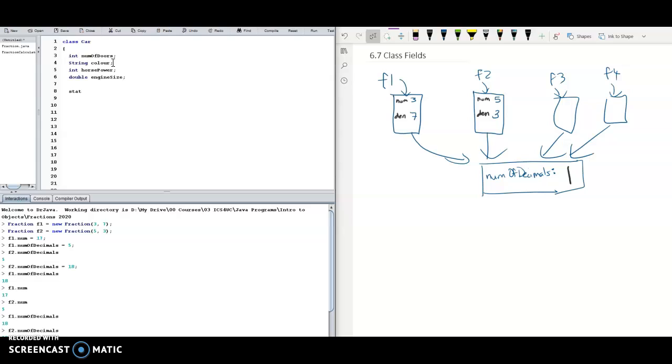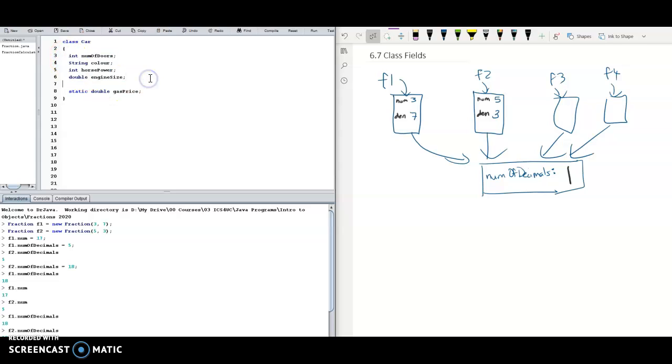You might say static double gasPrice. And that's because, why would we make gas price static? Well, we'd make gas price static because it can change, it's a variable, right? So it can change throughout time, and the user can change it. Gas prices go up and down every day. But when it goes up and down every day, it changes for every single car, right? So if gas is 95 cents today,